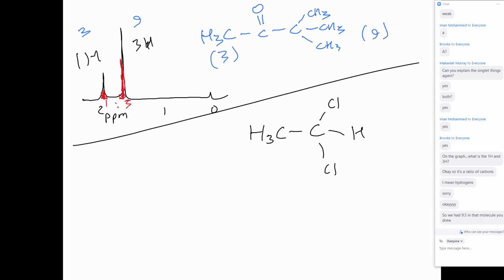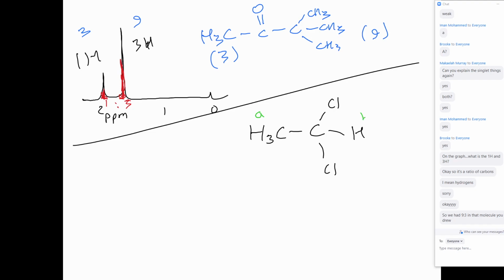Perfect. Okay. And the thing about NMR is it tells you 3 things: how many you have, how close they are to a significant magnetic group, and then how much it's next to other H's. There's almost too much going on. Information overload, it can stress you out. But let's consider then